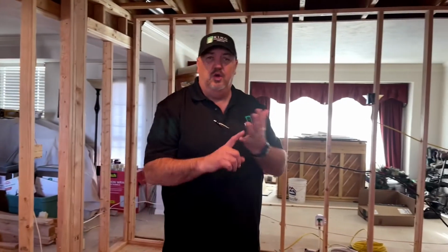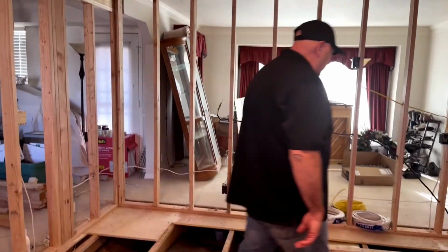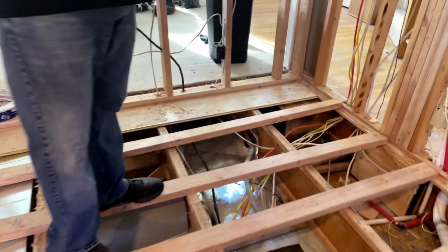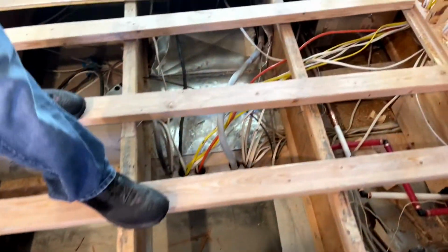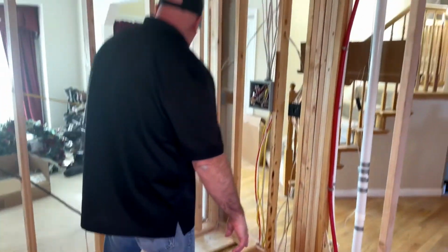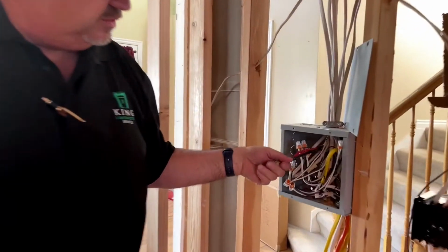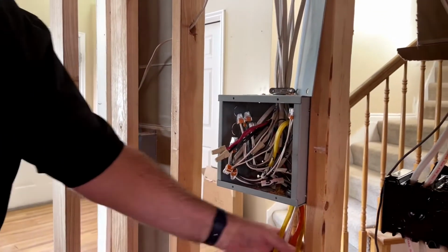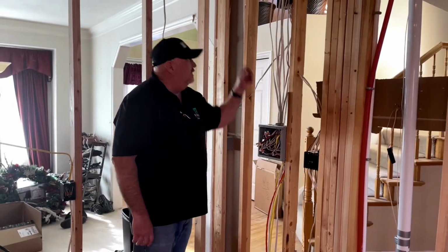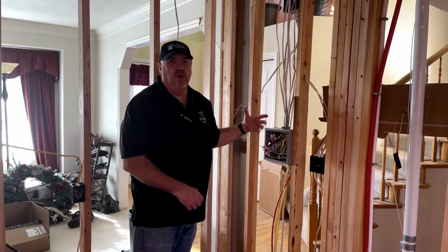Whenever you take a wall out, we had to deal with the plumbing, we had to deal with the ductwork, but also all the wiring. If you watch some of my other videos, I always have fun with the wall-less wiring. We had wiring coming up here from everywhere. And so the only way we could deal with it is we had to put a junction box in. So we put this in, and you can see all these wires that are in here. And so we had to reroute the wires that were going up into the wall into here, and then take the wires that were going from the ceiling down to here